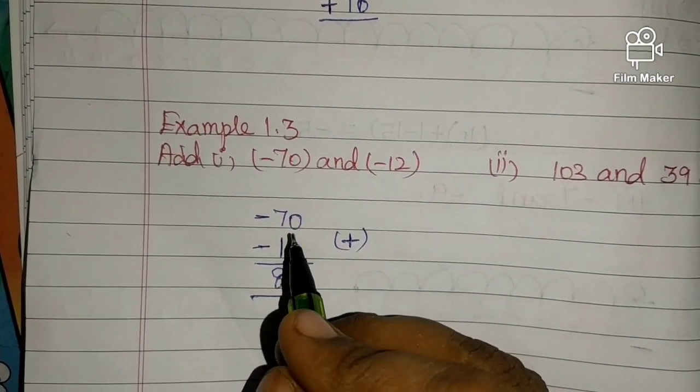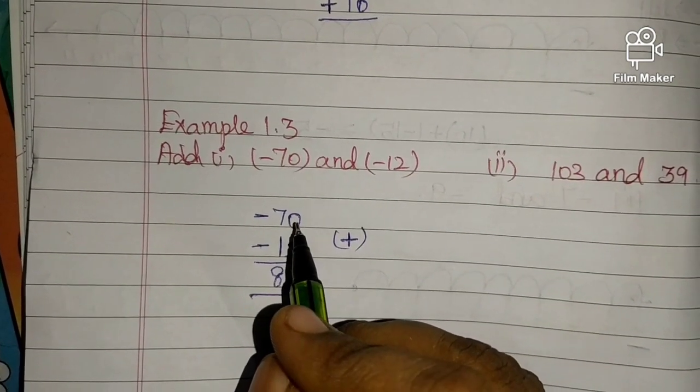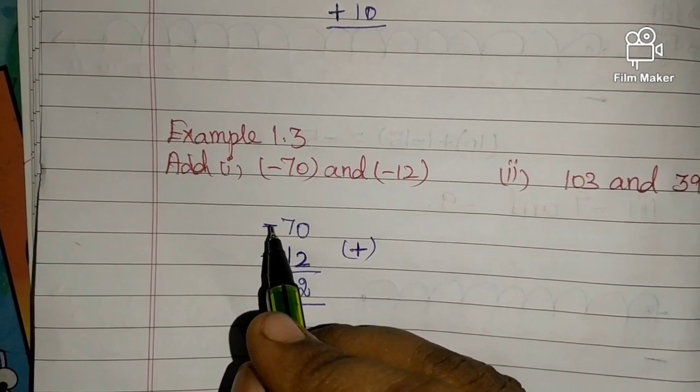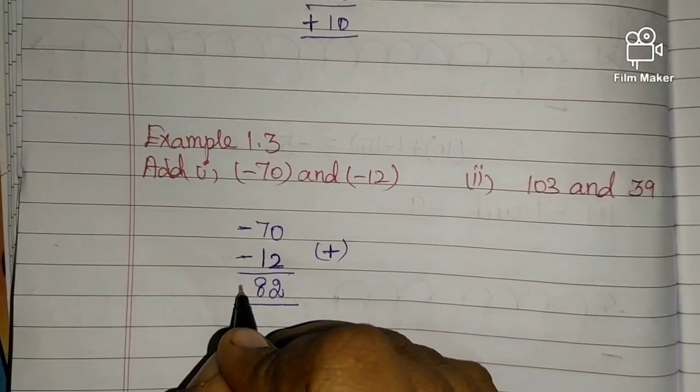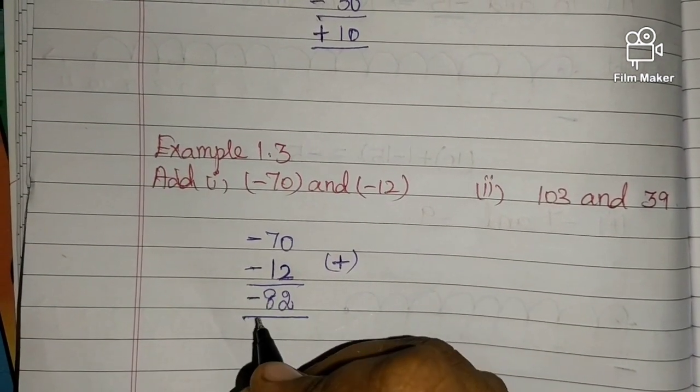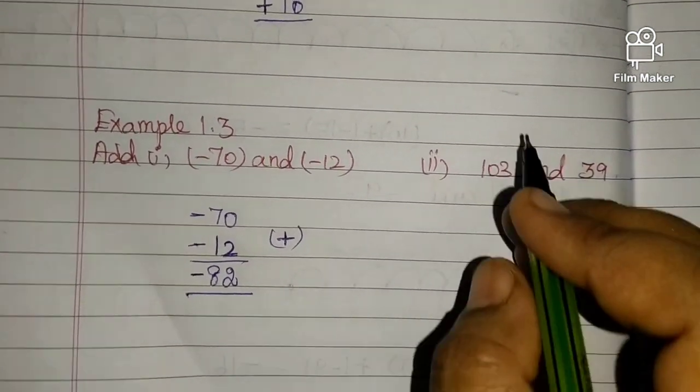So which is the bigger number here? 70 is the bigger number. Before the bigger number, what symbol is there? Minus symbol is there. So we just give the minus before the answer. Okay, are you clear? Next